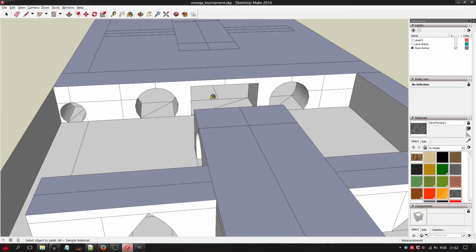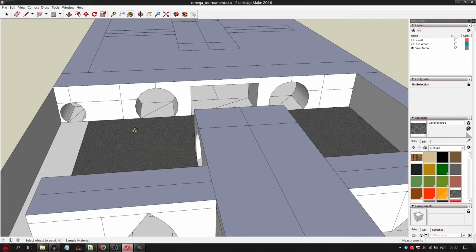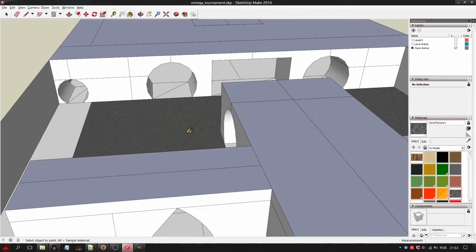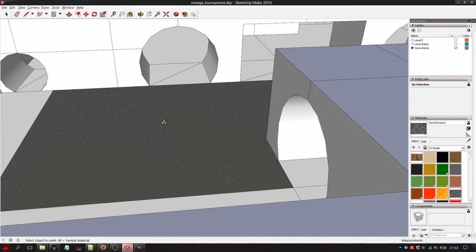Okay, now to apply the texture, you simply select this paint bucket option, and you start coloring our floor. As you can see, we need to edit the material because it is with too small a resolution.